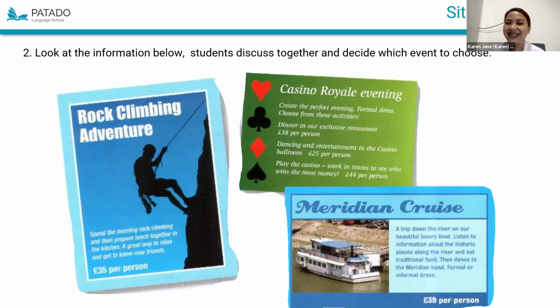On the boat they can see around the city, and they can try traditional foods, because the first visitor prefers trying traditional food.